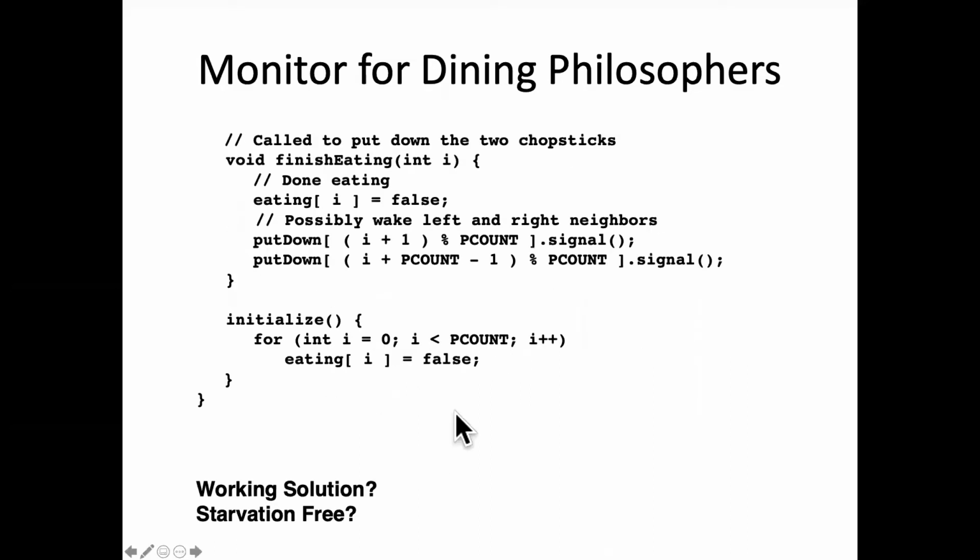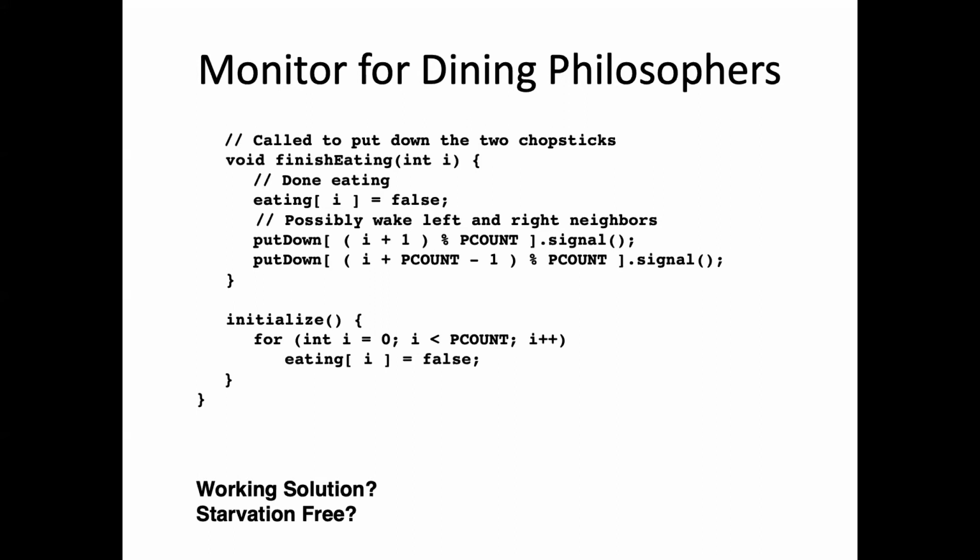This is the other half of that. When a philosopher is done eating, they set their flag to false because they're not eating anymore. But what if one of their neighbors was waiting on their chopstick? They signal on the condition variables for both of their neighbors. In class, I usually illustrate this by saying it's kind of like they poke the two people on either side of them. And if either of them was sleeping, waiting for them to give up one of their chopsticks,